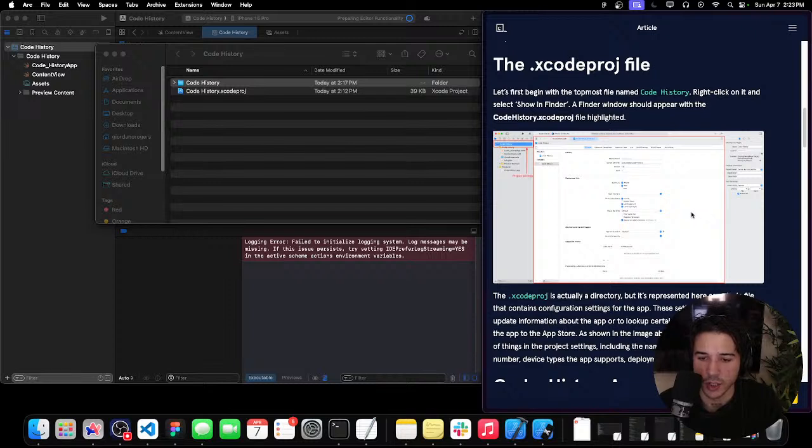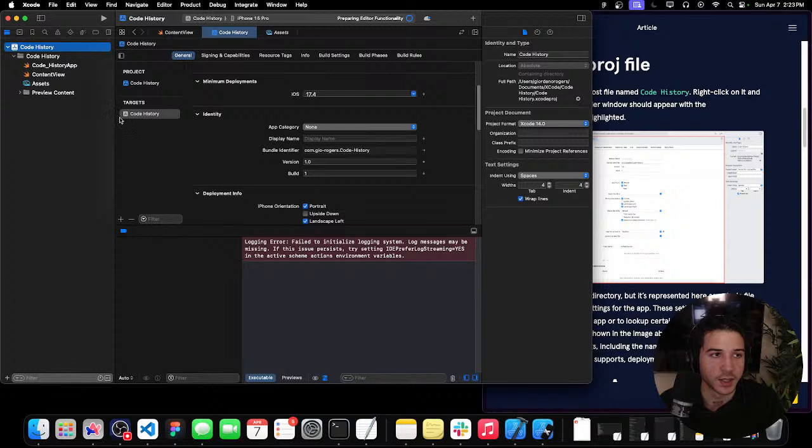The xcodeproj is actually a directory, but is represented here as a single file that contains configuration settings for the app. These settings are used to update information about the app or to look up certain details before submitting the app to the App Store. As shown in the image above, we can modify a number of things in the project settings, including the name of the app, the version number, device type the app supports, deployment type,